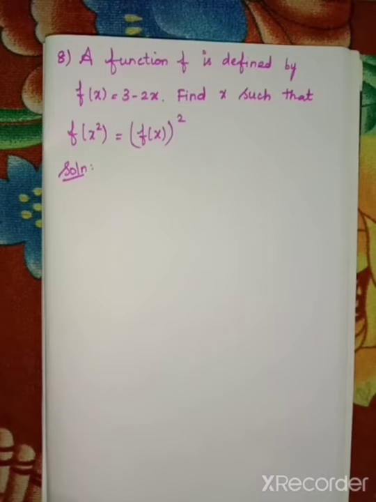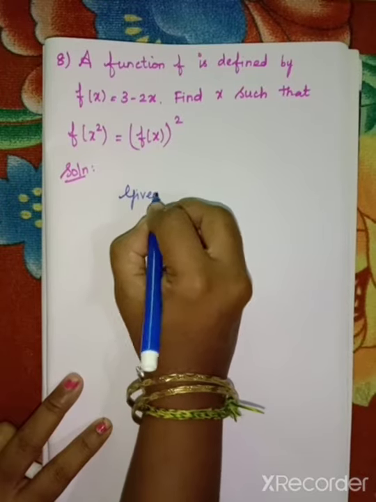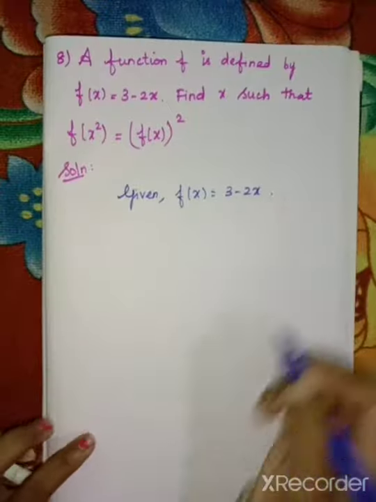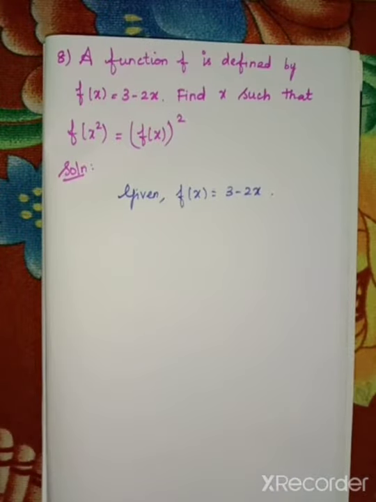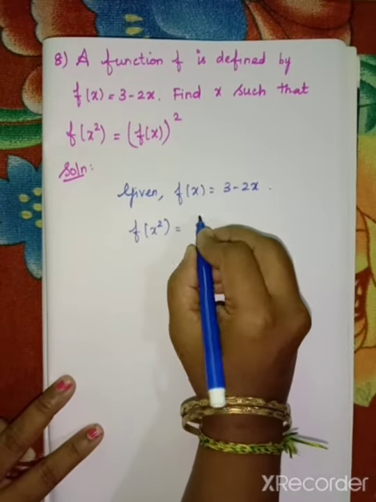Eighth question, a function f is defined by f of x equal to 3 minus 2x. Find x such that f of x squared equal to f of x the whole squared. Here the function is f of x. So given f of x equal to 3 minus 2x. Here we want to find x such that here the condition is f of x squared equal to f of